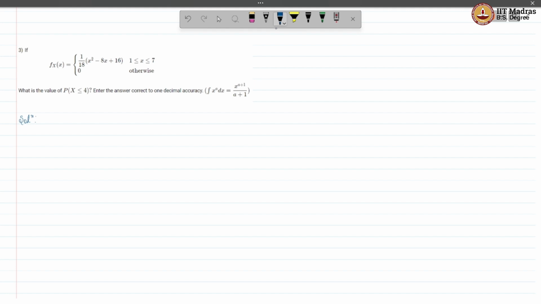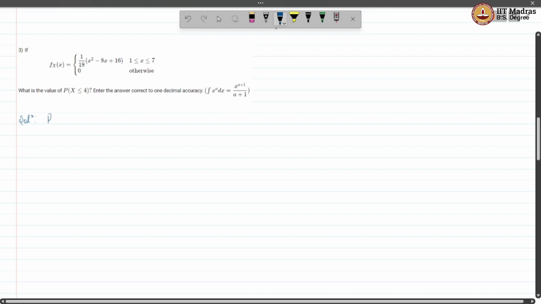In question number 3, we are given a PDF for a continuous random variable, and we have to find the probability that x is less than or equal to 4. So simply this will be equal to integrating the probability density function given with respect to x from minus infinity to 4,